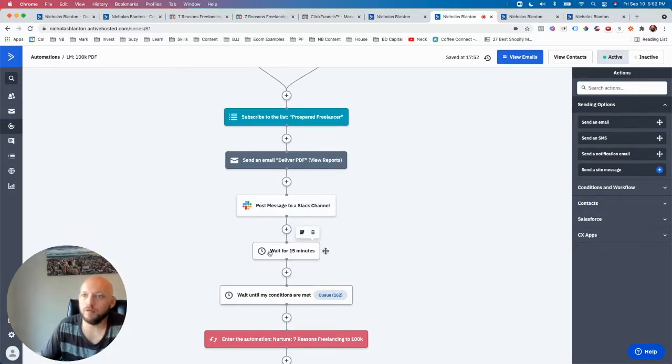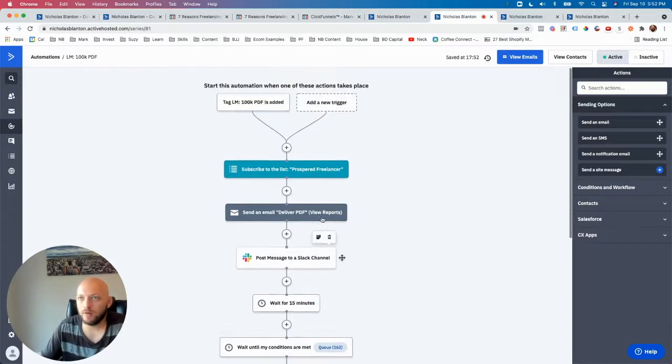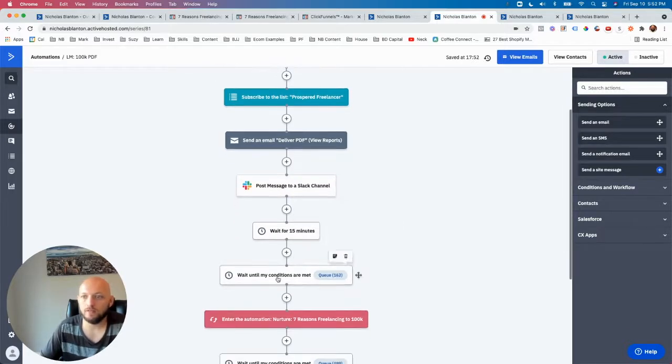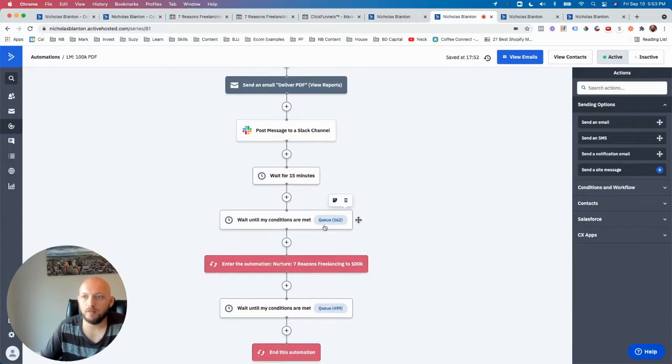This is a timer. So we say, okay, right away, as soon as they opt in, I want them to be added to this list. I want to send them the email and post a message on my Slack. But then I want you to wait 15 minutes. And after 15 minutes, normally I would take this off, but after 15 minutes, I want you to send them